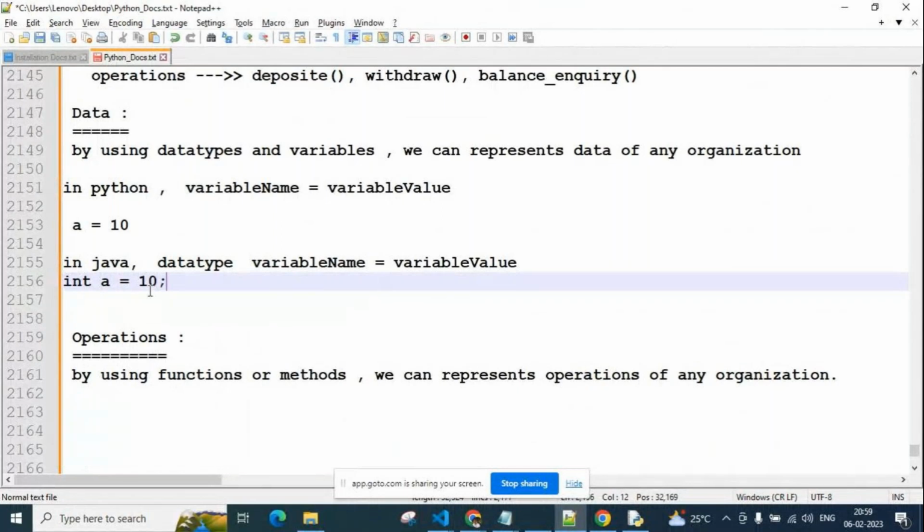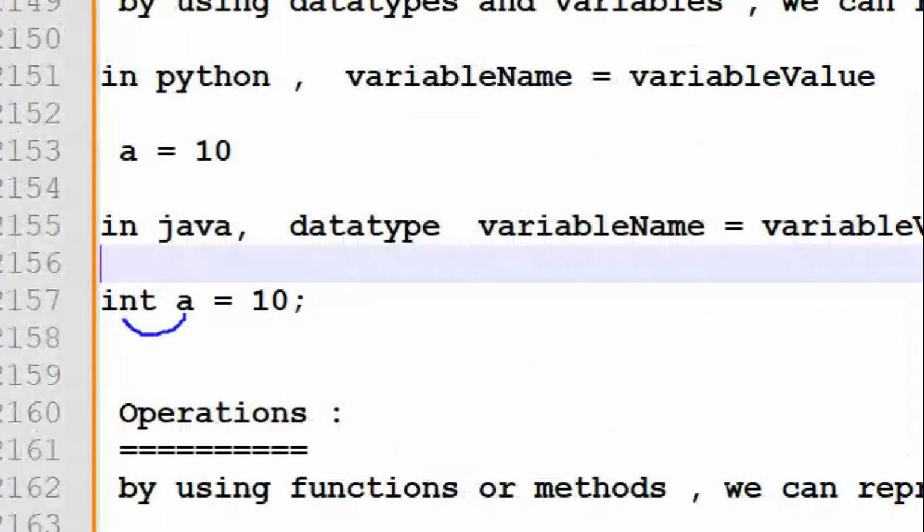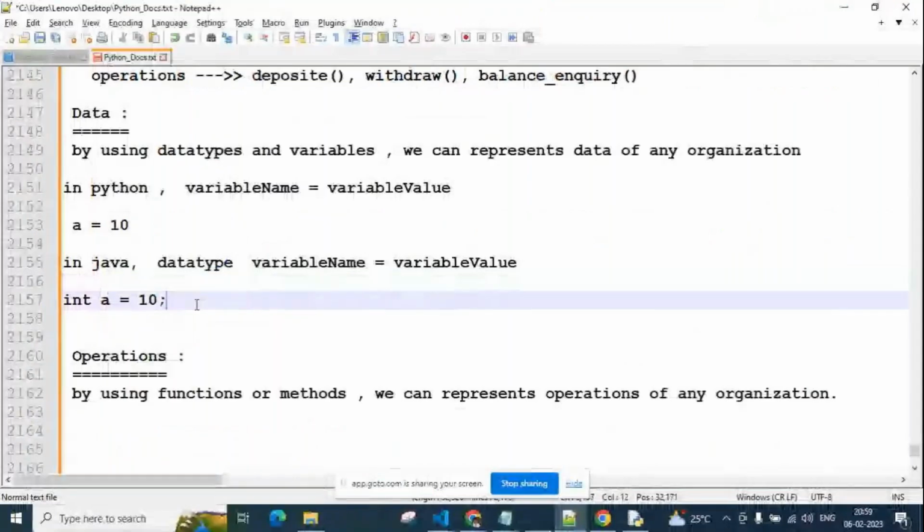Like that we can write, guys. In this variable, an integer value is required. We assigned an integer value only. Then no problem. This is a right statement, guys.